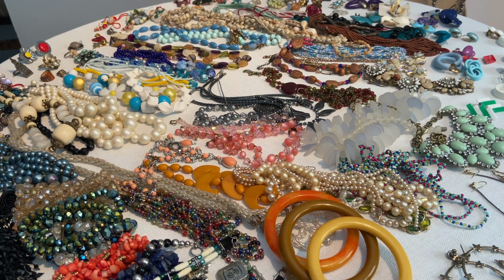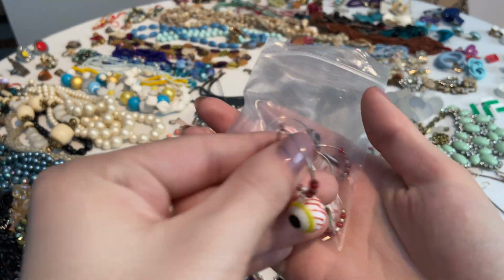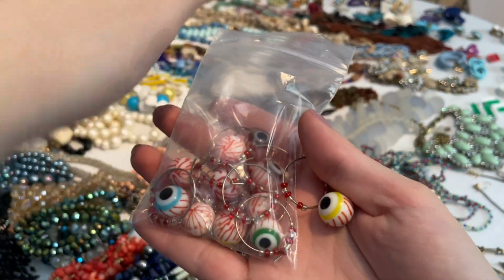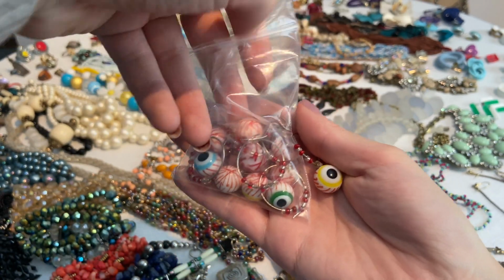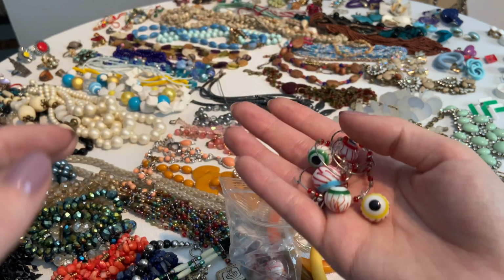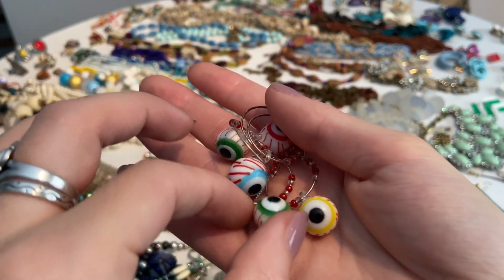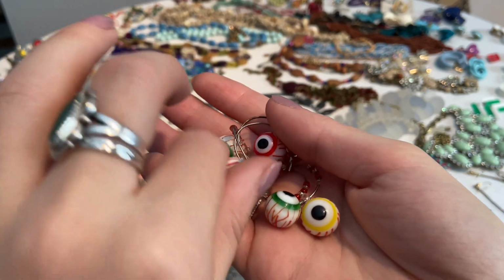Now this one is a strange one, and I'm only sharing it because I just think they're funny. So I found this entire set of wine glass charms. I believe that's what these are. Let me pull a few out here. So these are just little wine glass charms, and at first I had tossed these all into the toss pile